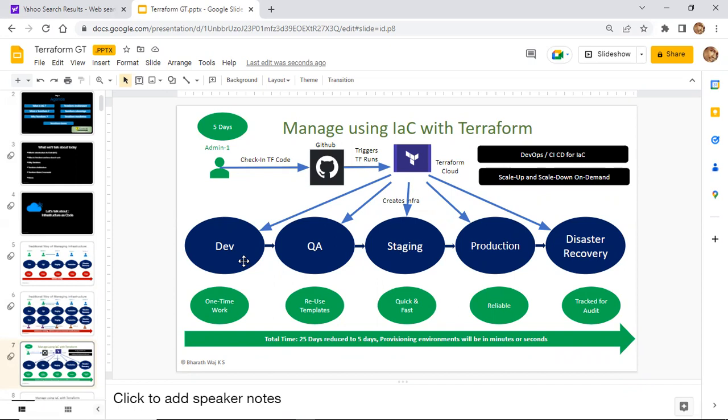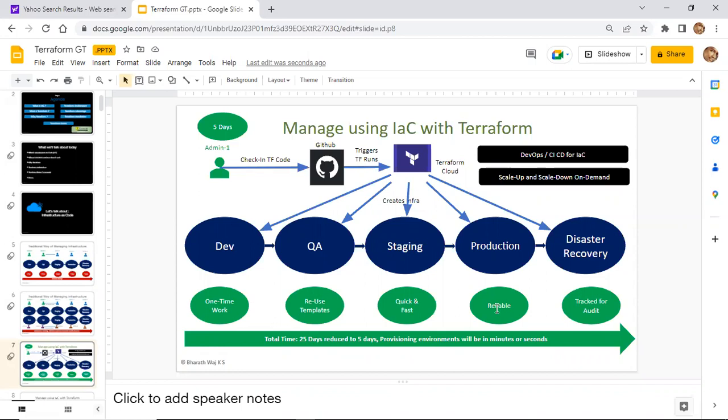So what is the advantage over here? It's one-time work. We can reuse the same template across different environments. It's quick, fast, and very reliable. Instead of manually going and creating inside the console, it's a reliable and faster manner.